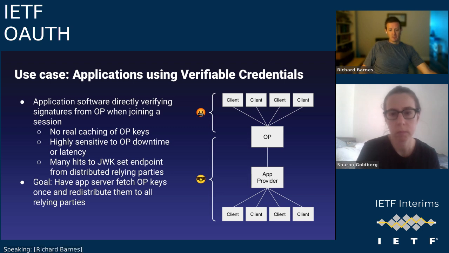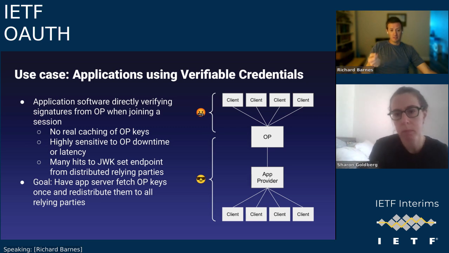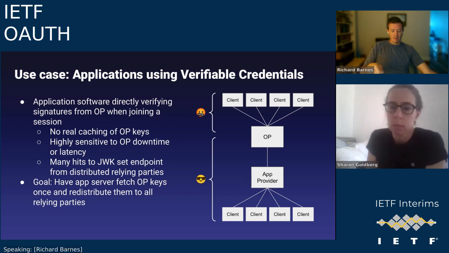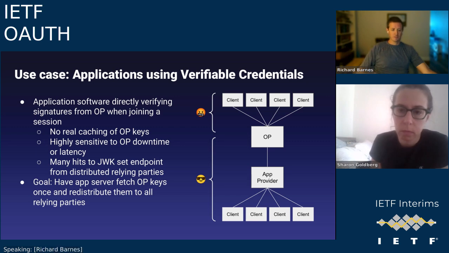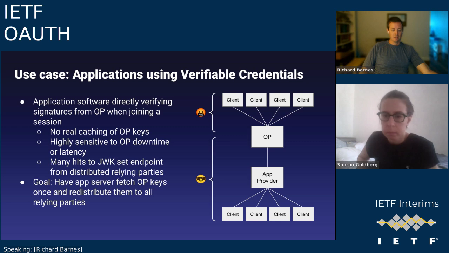So the idea here is that it would be nice if we could have some caching and redistribution of these keys that the clients need to fetch, so that something like the app provider can own its destiny a little bit more. So the app provider could fetch the OP's keys and cache them and redistribute them, without the app provider also becoming trusted by virtue of that, right? So we want the client still to be able to verify that the keys came from the issuer, but have them mechanically cached and redistributed by the app provider. And so maintaining that trust, even though you're being distributed by untrusted intermediaries, is kind of the goal of the extra mechanism we'll talk about here.